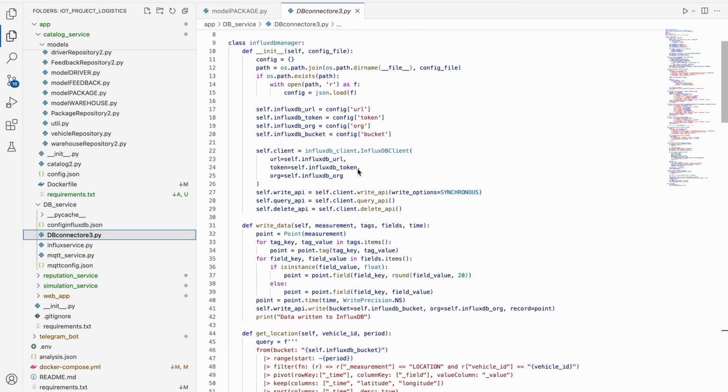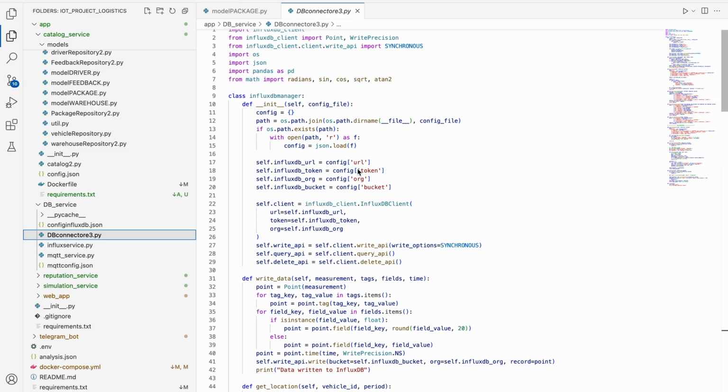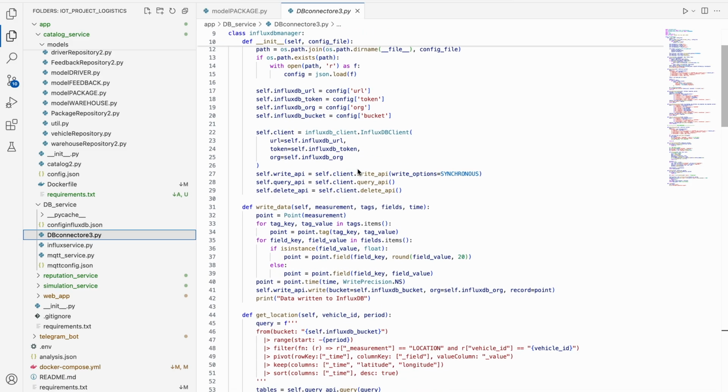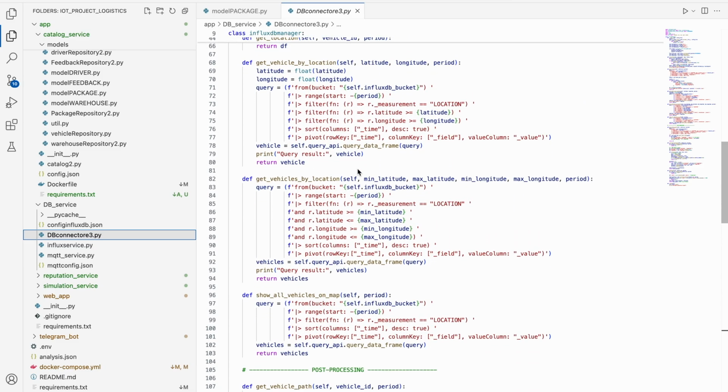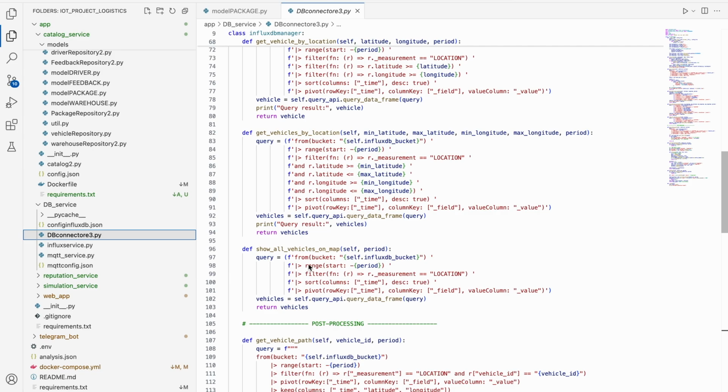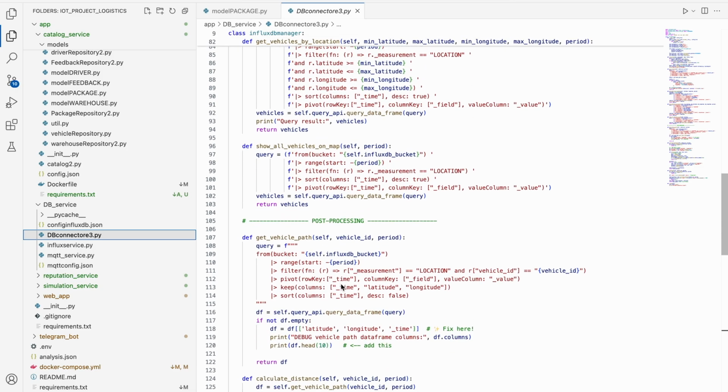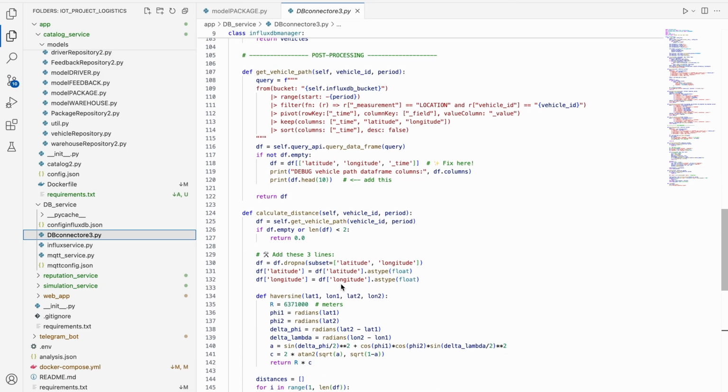Here in the DB connector file, we have the InfluxDB manager, which contains all the queries that we use to write the data into InfluxDB, to retrieve the data, and to do some post-process queries, like show all vehicles and map, which you have already seen in the Telegram bot and the web app. So here we implemented all the queries that we needed,